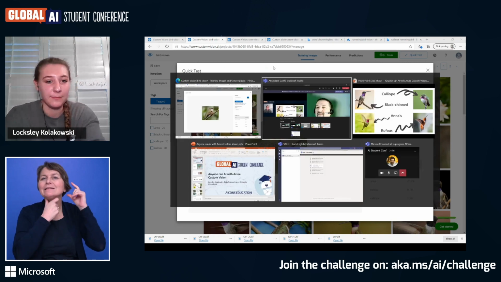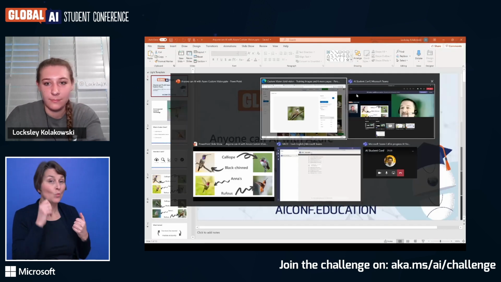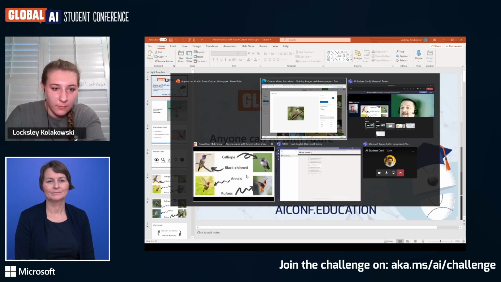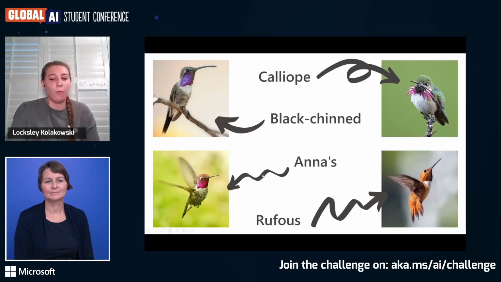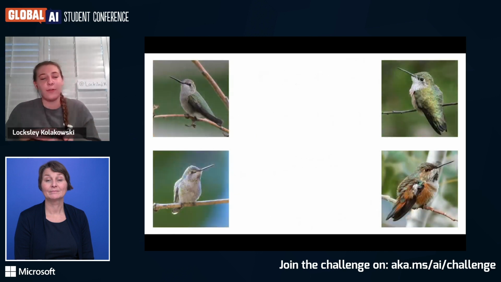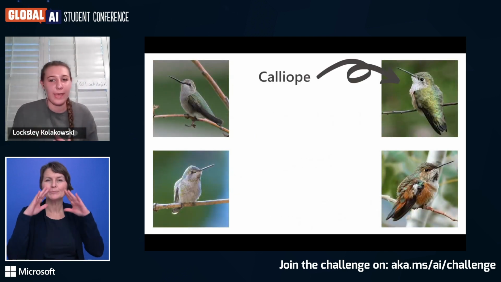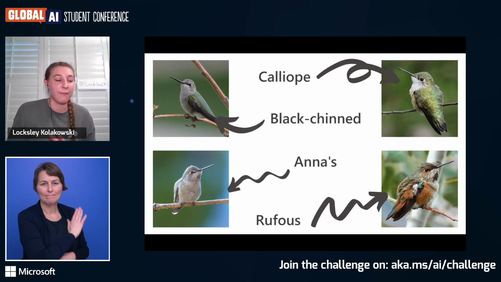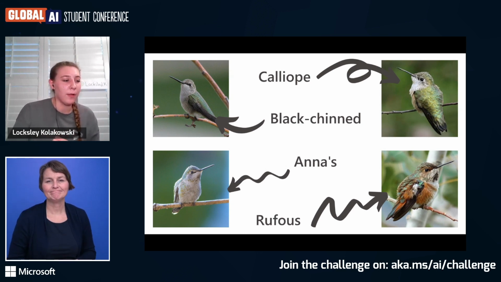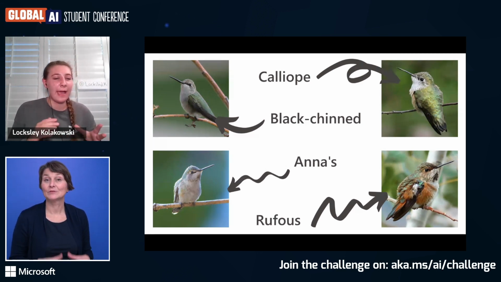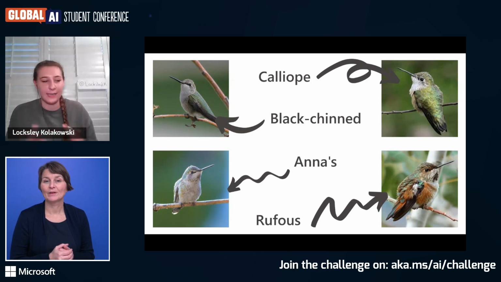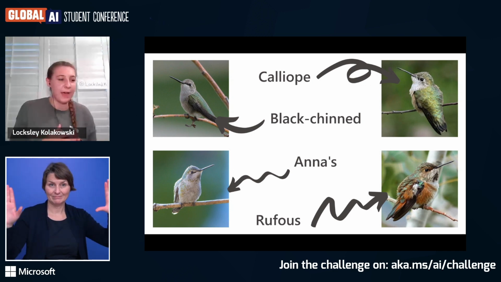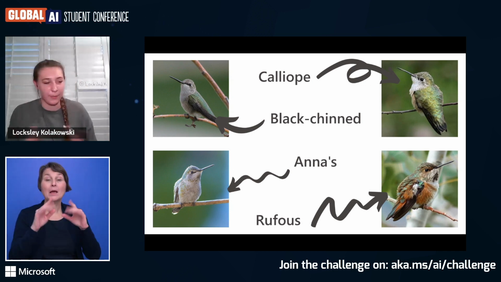And so basically, what I realized is, like, these were the examples of all of the female hummingbirds. So here we have the calliope, here we have the black-chinned, here we have the annas, and here we have the rufous hummingbird. And so basically, the calliope, black-chinned, and annas are practically identical. And although this was accidental on my part, I unintentionally left out over 50% of all of these hummingbird species,